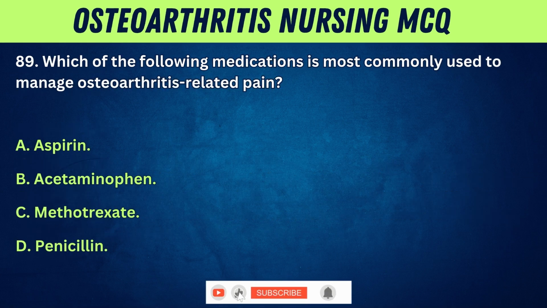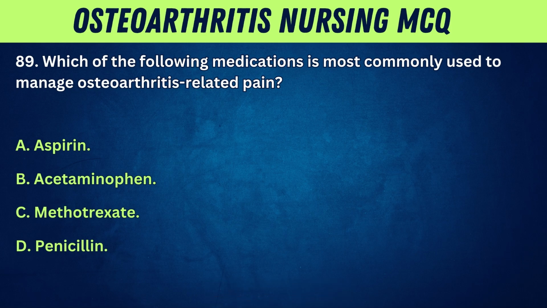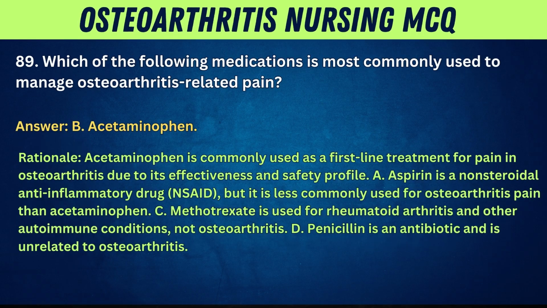89. Which of the following medications is most commonly used to manage osteoarthritis-related pain? A. Aspirin. B. Acetaminophen. C. Methotrexate. D. Penicillin. Answer: B. Acetaminophen. Rationale: acetaminophen is commonly used as a first-line treatment for pain in osteoarthritis due to its effectiveness and safety